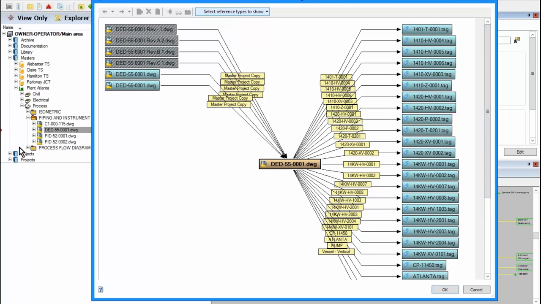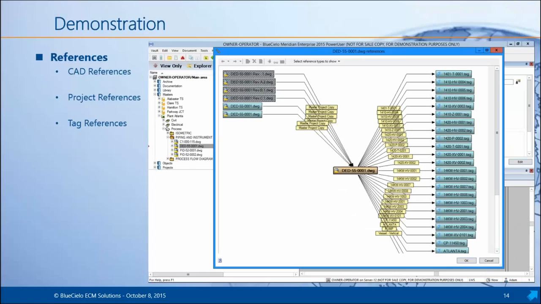Okay. So this helps a lot with the design process. If I'm going to be changing a piece of equipment in this P&ID, I also have a relationship reference to the parent tag, and I can go to that tag and see other related technical documents, for example. Okay, let's jump back to our presentation, and we'll take a look at